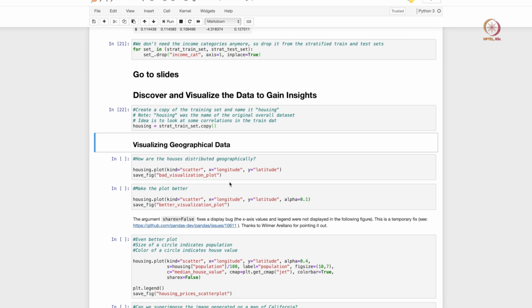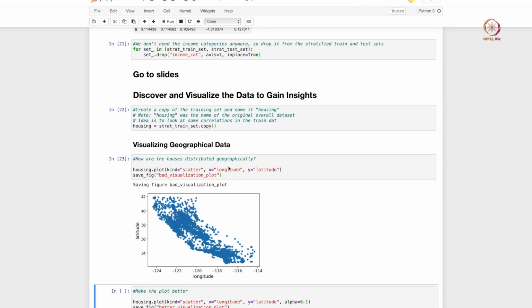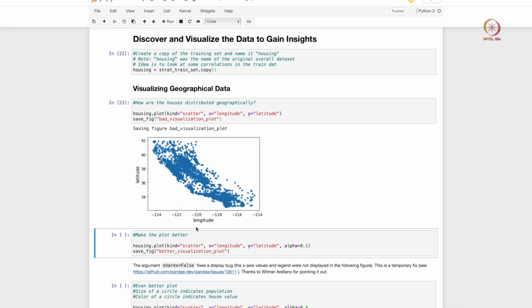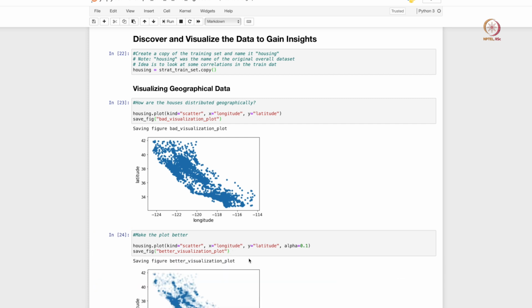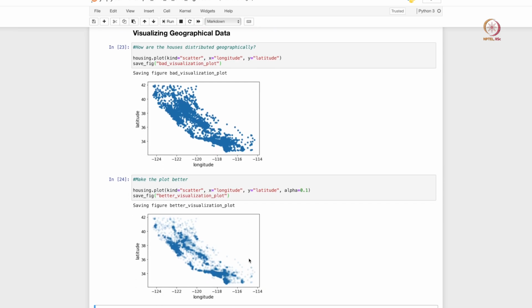So let us now look at a simple way to plot. Let us say I want to look at how the households or localities are distributed geographically. I can do that by plotting a scatter plot with the latitude and longitude features, which is what I do here, and I see that localities are distributed all over the state. It is not particularly useful. I can try to make this plot a bit better by adding some transparency. What this transparency does is allow me to identify which areas have fewer dots, so are sparsely populated, and which areas are more densely populated.